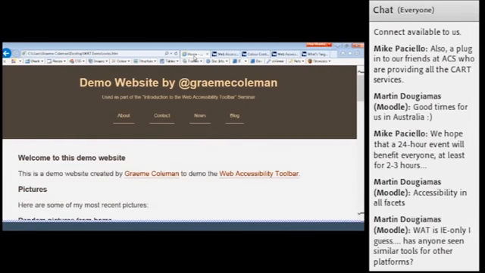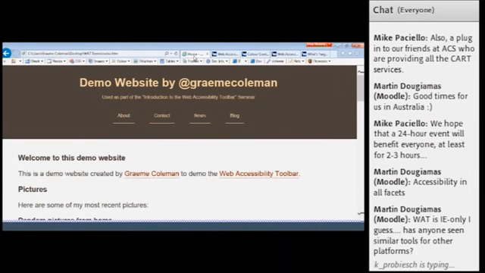In terms of wrapping things up, just to confirm again where you can download the web accessibility toolbar from, you can download it from our website underneath the resources section. That's also where you can download the color contrast analyzer.